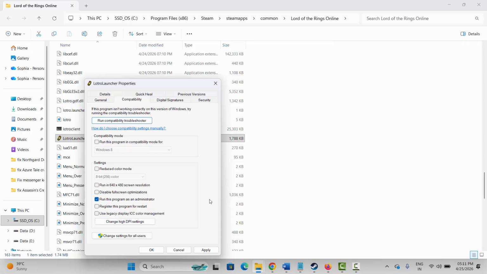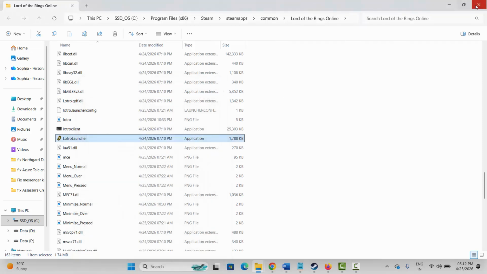if it's working. If this doesn't resolve the issue, again come back, select run this program in compatibility mode for, select Windows 8 or previous version Windows 7, hit on apply and OK and launch the game and check. If this also doesn't resolve the problem, come back again, select disable full screen optimizations, hit on apply and OK and after that launch the game and check. But if the issue still continues, come back again, uncheck all of these, hit on apply and OK and move